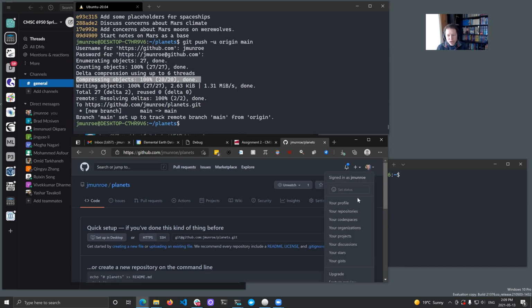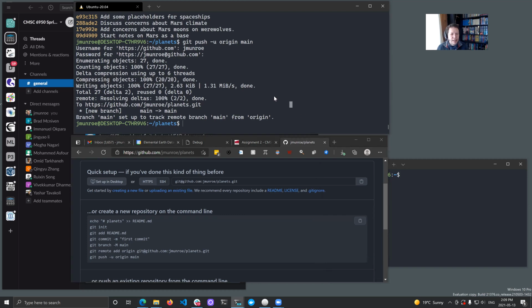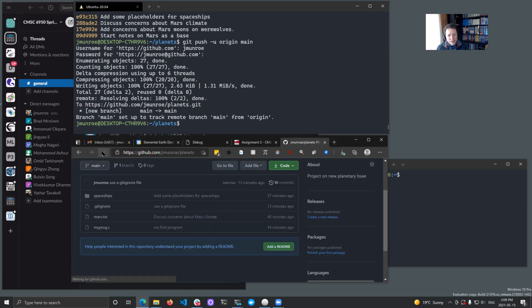Again, through here, go down to settings. You'll probably be able to figure it out. Play with it. It doesn't matter to me how you do it, but you probably want to use SSH keys. Now, jumping back to your web browser, if I restart this, you can now see your files are on GitHub,